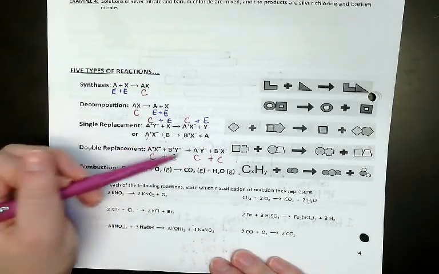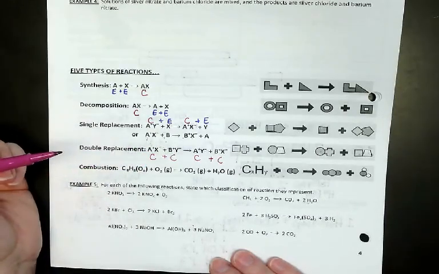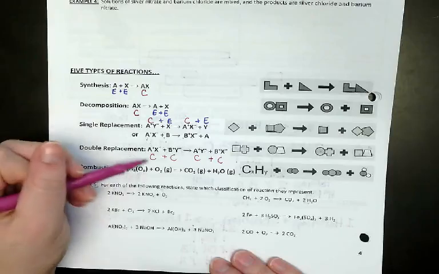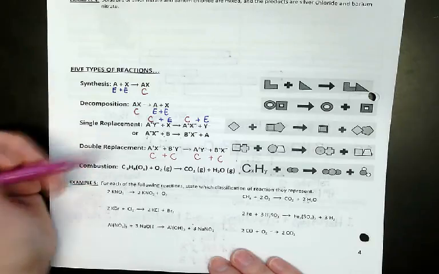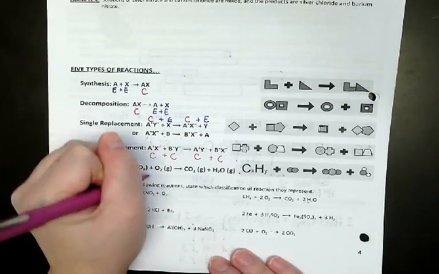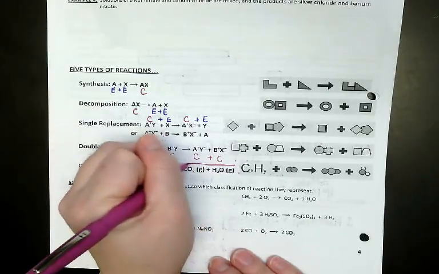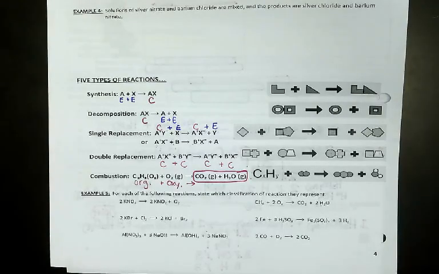Now the last one, combustion, is usually an organic compound. So an organic compound has carbon, hydrogen, can have oxygen, nitrogen, whatever. It's an organic compound plus oxygen. And it's always going to form carbon dioxide and water. Okay? Now there's several other types of combustions that don't form just carbon dioxide and water, but the combustions we're looking at in this class form only carbon dioxide and water. Okay? You can have combustions with nitrogen and sulfur, but we're not going to deal with those. Okay? Alright, so looking at these, it says,